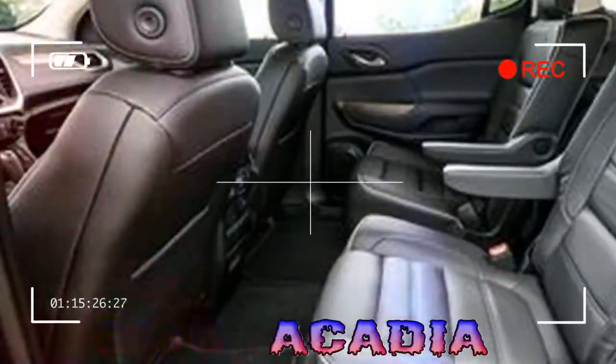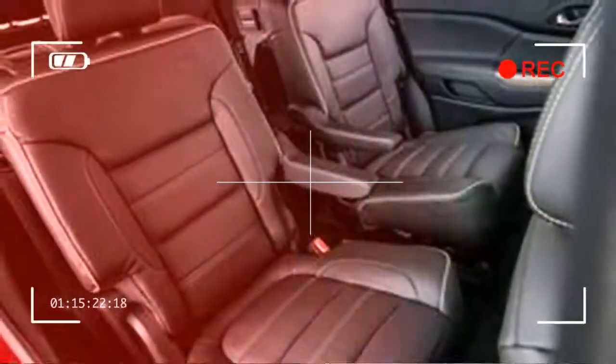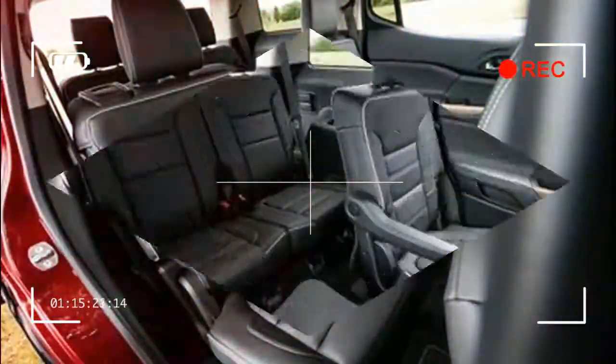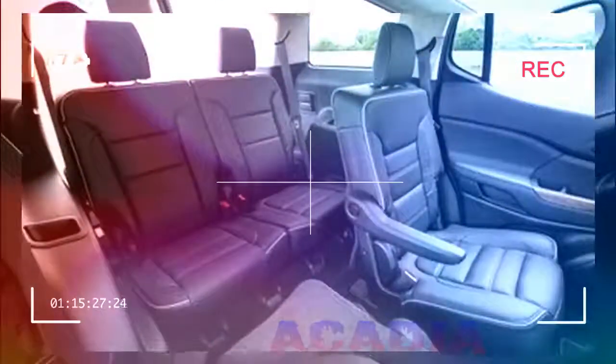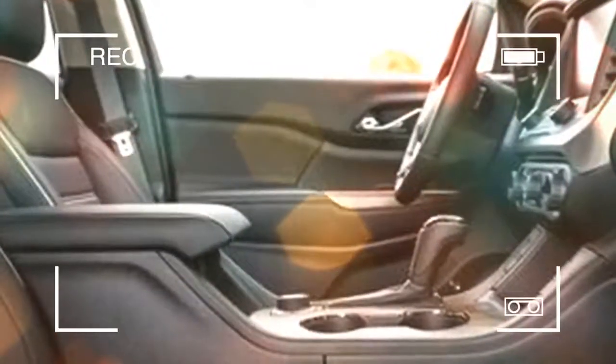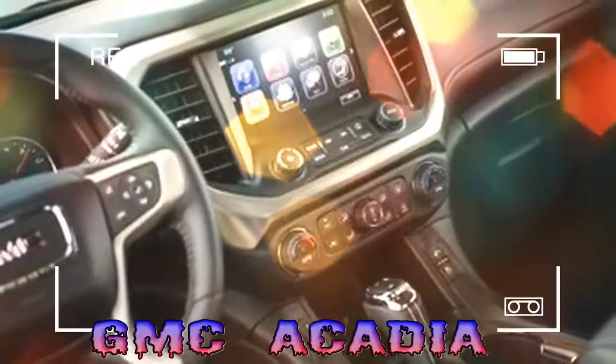Acadia's standard infotainment amenities, handsome styling, and more than adequate performance should make it a family favorite. Unfortunately, it's plagued by mediocre fuel economy ratings, poor real-world efficiency, and snug third-row quarters. Whether hauling the kids around town or seeking adventure far from home, the all-new Acadia is a capable but wholly